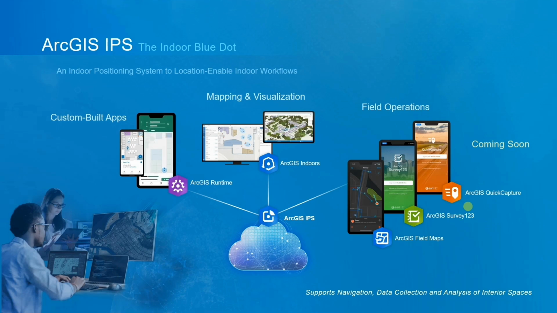IPS is an indoor positioning system that lets users locate themselves and others inside a building in real time. Similar to GPS in outdoor maps, it puts a blue dot on indoor maps and uses location services and indoor beacons to help people navigate to any point of interest or destination. This allows employees, customers, and visitors to better navigate and operate within buildings. Both of these capabilities allow you to make even greater use of BIM and CAD data and combine it with GIS to bring mapping indoors too.